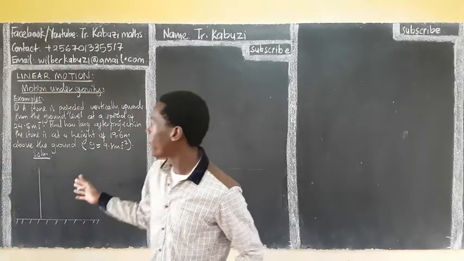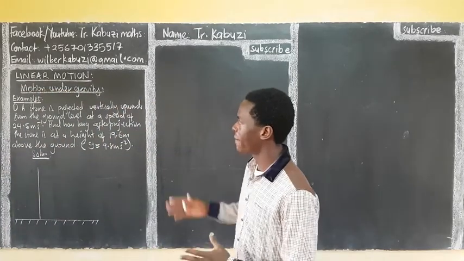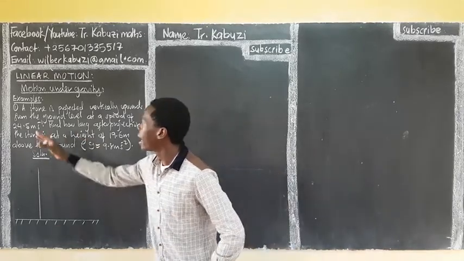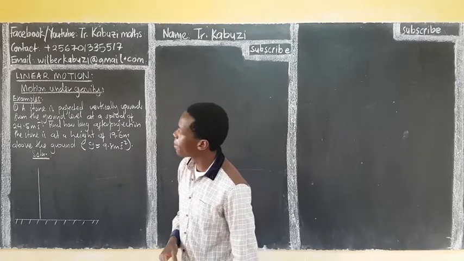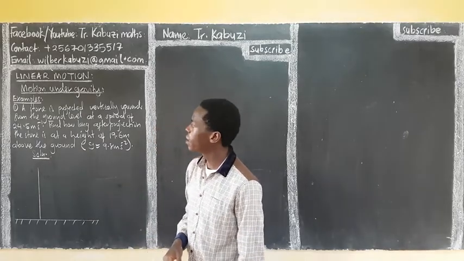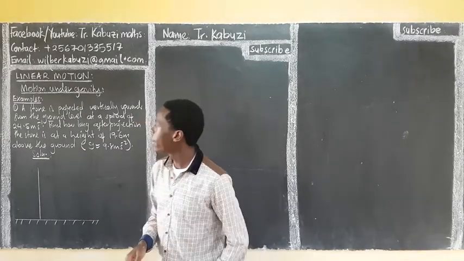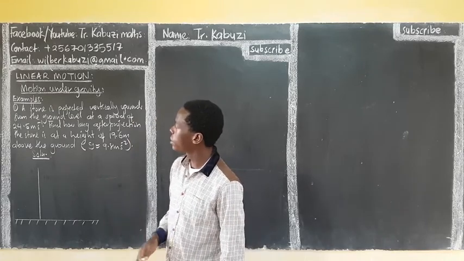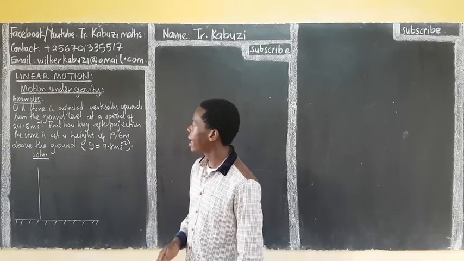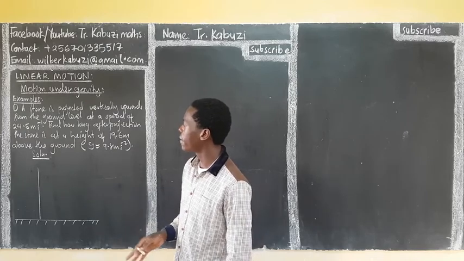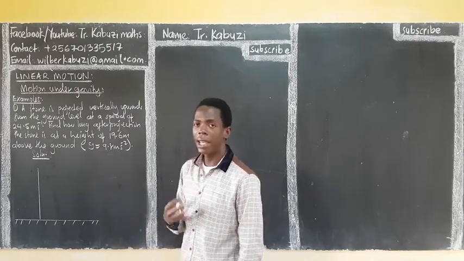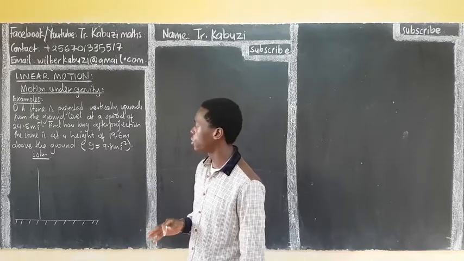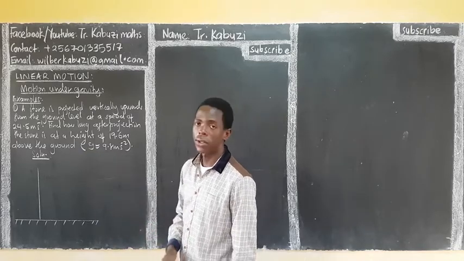Let us see how we can go about the first example in motion under gravity. A stone is projected vertically upwards from the ground level at a speed of 24.5 meters per second. Find how long after projection the stone is at a height of 19.6 meters above the ground. Here, the value they are giving you to use is what you use, don't assume. Take the gravitational force as